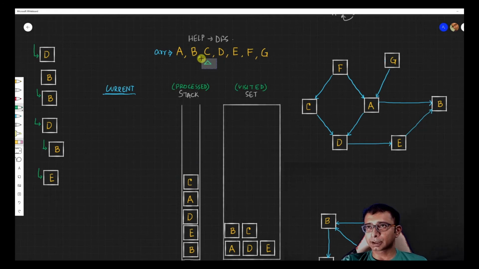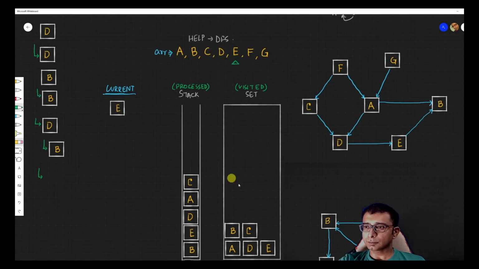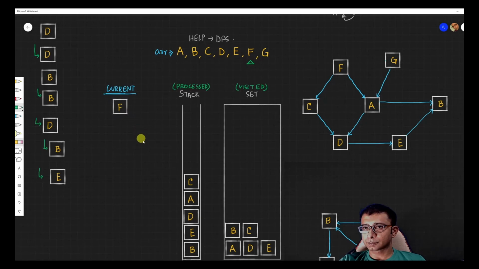And then we increment our pointer to the next node, which is D. So once again, when we get D, we see that it's already in the visited set, so we are going to just discard it. So the pointer moves on to the next element, which is E. And once again, we see that E is present in our visited set, so we discard E. So our pointer moves on to the next element, which is F. And we see that it's not in the visited set, so we are going to first put it into our visited set. And then we are going to go into a recursion.